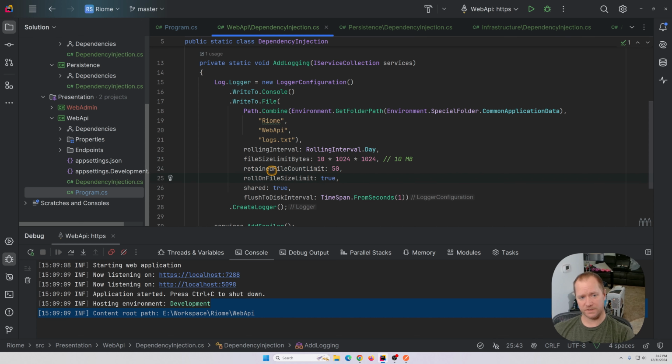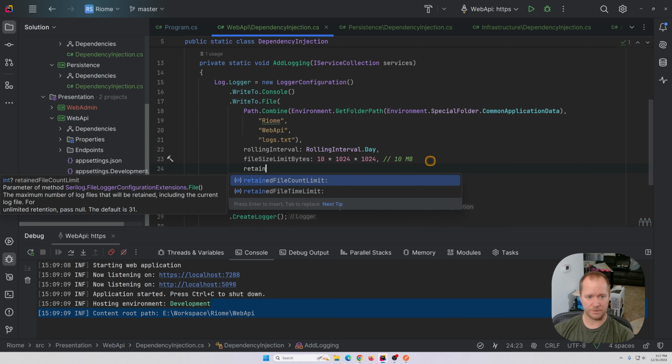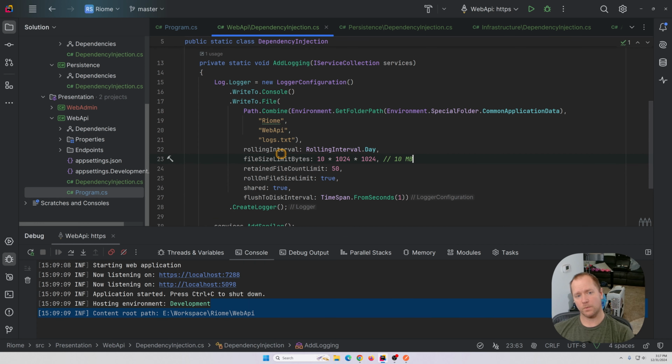What I'd really like to do is say something like retained days. I wonder if there is a retained, nope. What I'd really love is some kind of option where I don't care how many files this is or how much space they take up. I want 30 days of logs or 60 days of logs. This roll on file size limit being true means that if my file size hits 10 meg, it's going to make another file, and then another file, and then another file. If I have some mega day where it makes 50 files, and I'm retaining only 50 files, I only have that one day of